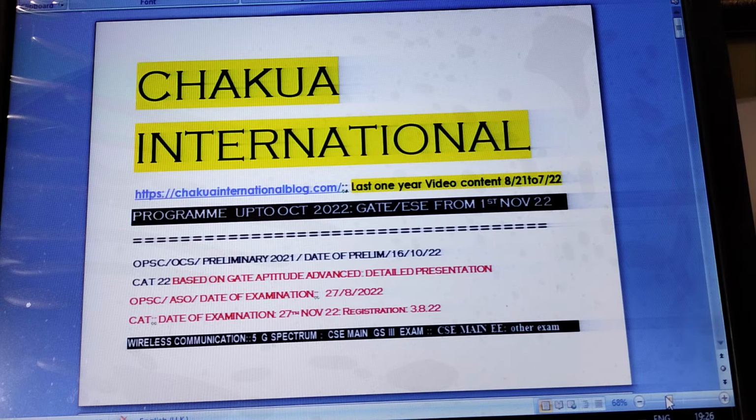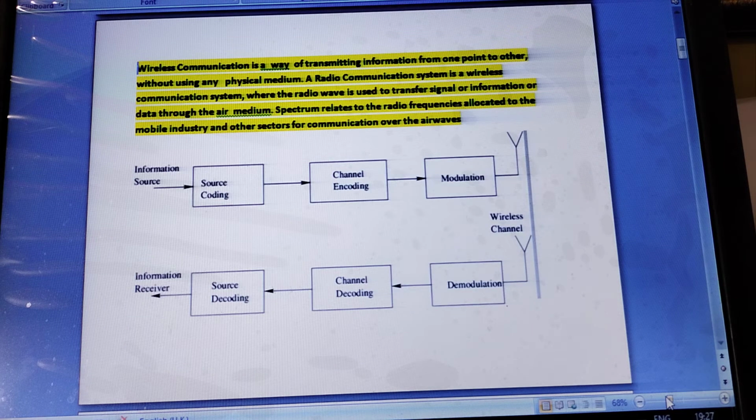This is related to wireless communication and the 5G auction recently partly completed by the Government of India. And here this subject will come as a most important question for the coming Civil Services Main GS III paper, the Civil Services Main Electrical Engineering paper, and other examinations conducted all over India. Wireless communication is the way of transmitting information from one point to another without using any physical